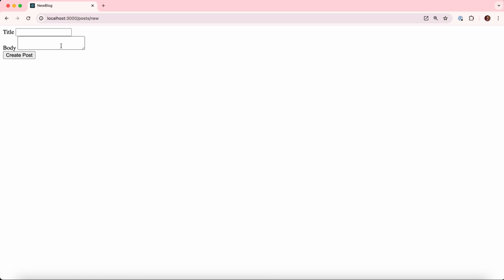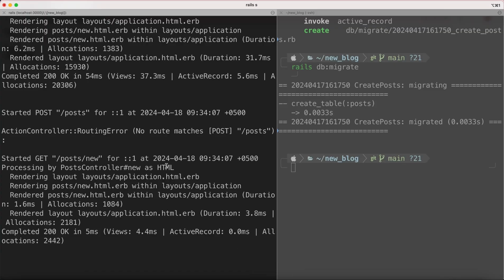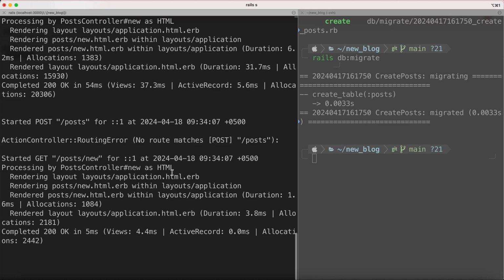So when the form is submitted, we have to send this data to the controller again, and we have to save the data in the database. We have to create a new post and save it in the database. So let's submit it. For example, title is first post and body is test. If I submit the form, it did nothing. And if we go to the terminal,